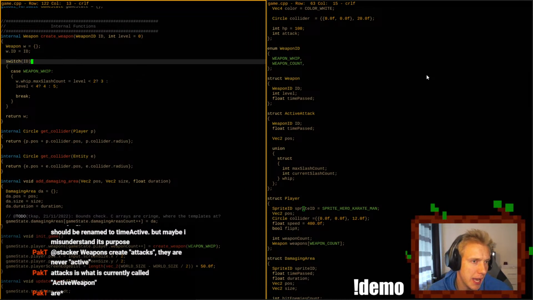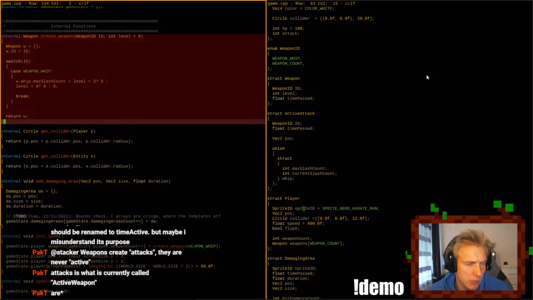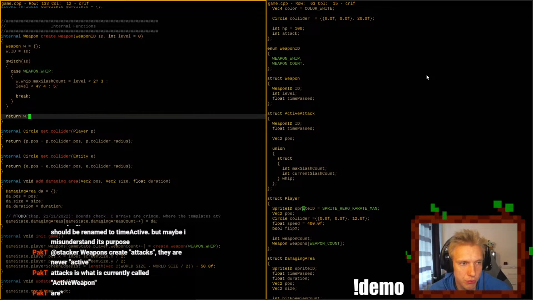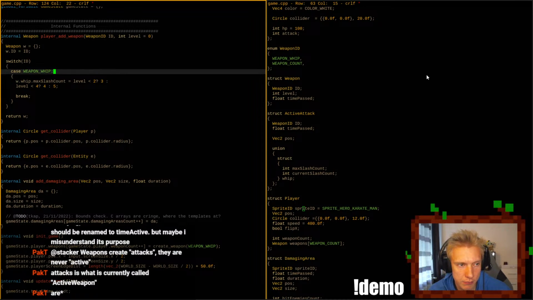And then if we don't create a weapon anymore, but we can add a weapon to the player. I don't know, player adds weapon ID and level. I think that's what I want to do.